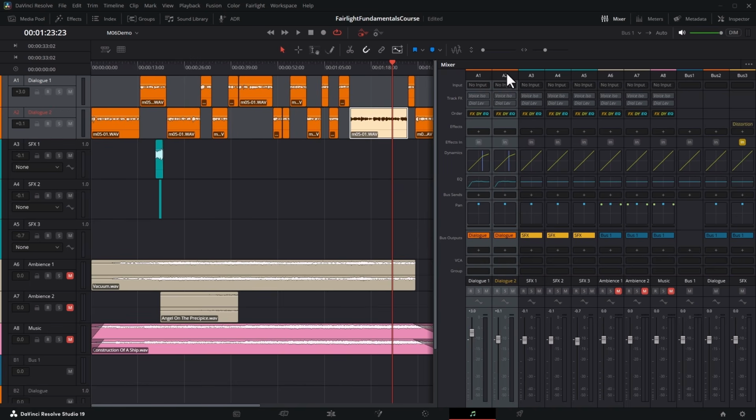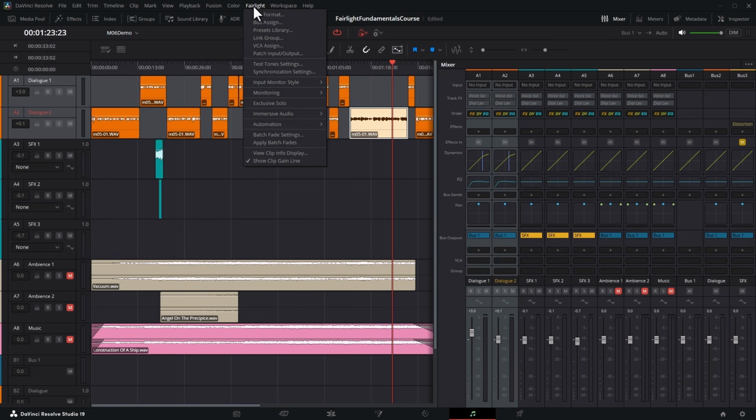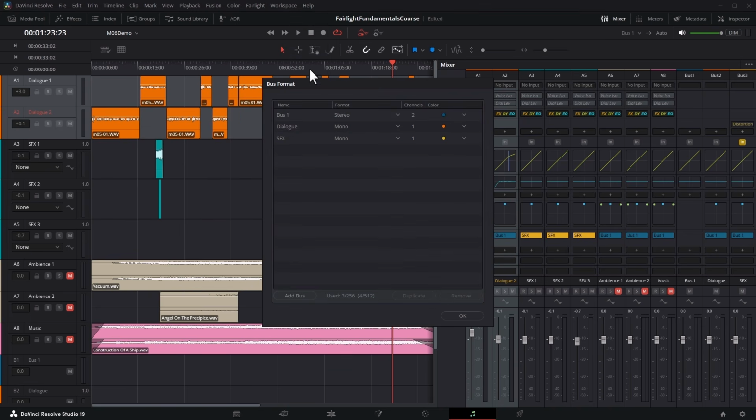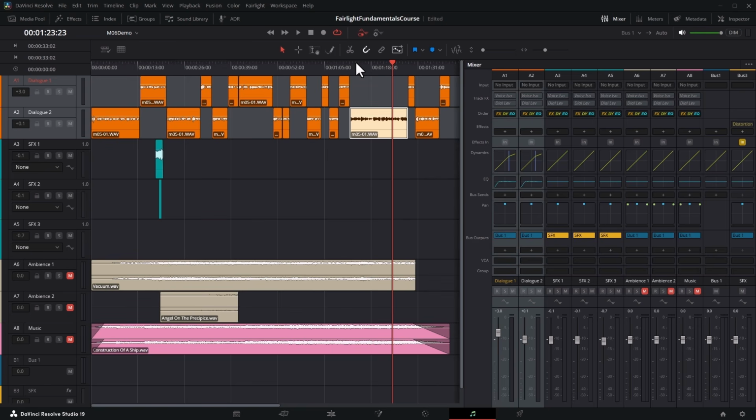What I'm going to do to simplify things, I'm going to select these dialogue tracks, hold down Alt, and just reroute them to the main bus 1 output. And if we wanted to, we could go and delete this dialogue bus by coming up to the Fairlight menu, choosing bus format, selecting the dialogue bus, and choosing the remove button. We get a warning here, but we'll just go and remove it anyway and click OK. Now we're back to the starting state where the 2 dialogue tracks are being output to the main bus 1